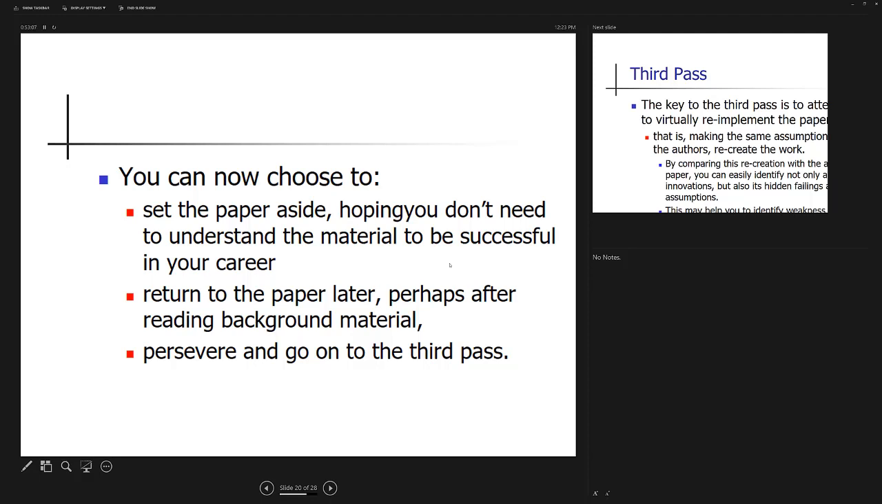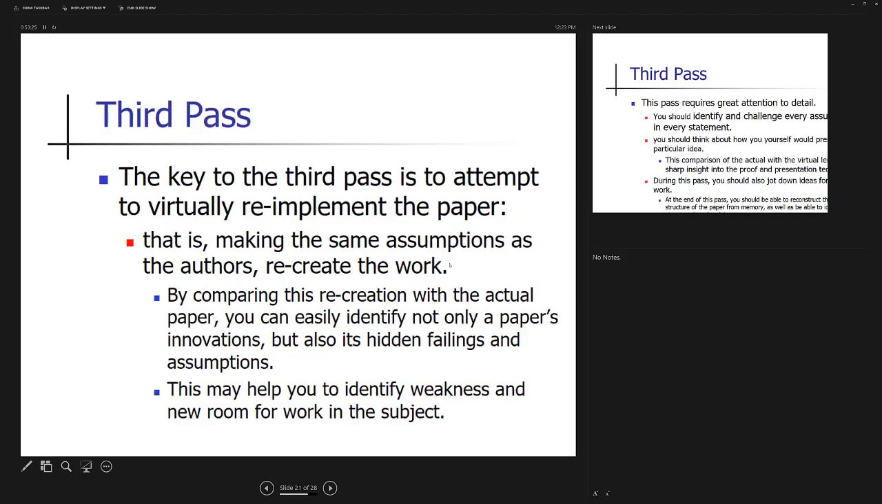So try not to cite web links because they are not reviewed. Okay, preserve and go to the third part. We decide, okay, this one is an important paper, so we'll go for the third pass. So now this is actually